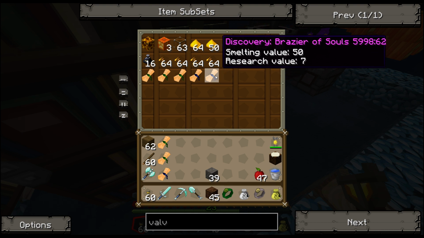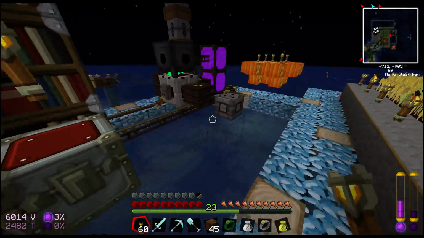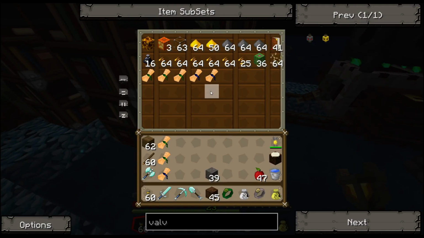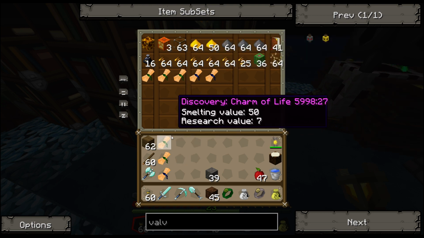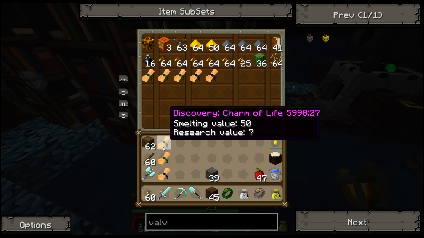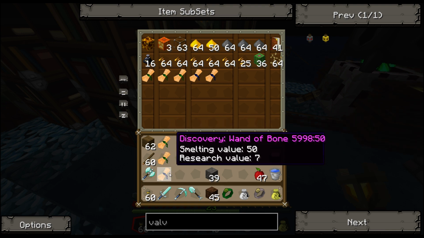And Brazier of Souls is a bit different. So I don't remember exactly how those ones work, but they're not anytime in this episode or nearby. So we don't have to worry about that just yet. So these 3 that are in my inventory though, I'm hoping to actually try out this episode. Charm of Life, Charm of Cleansing, and Wand of Bone. So the Wand of Bone,